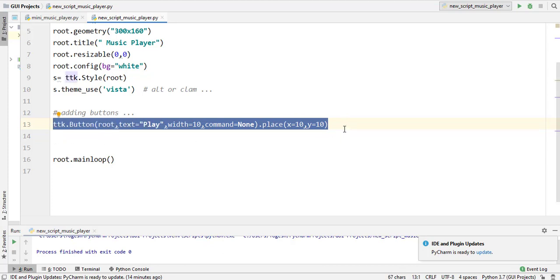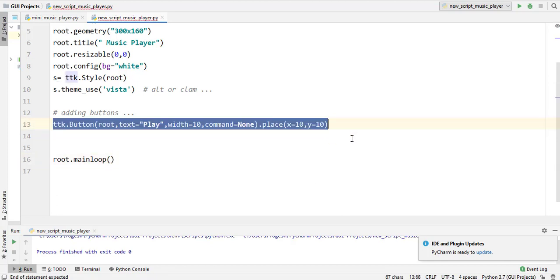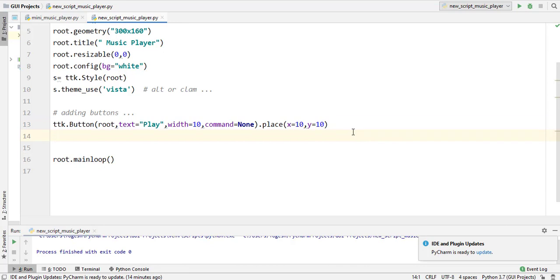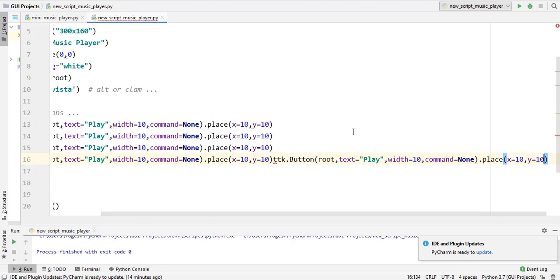Now the next step is to copy and paste that button command, Control C and Control V. Actually I need 5 buttons.